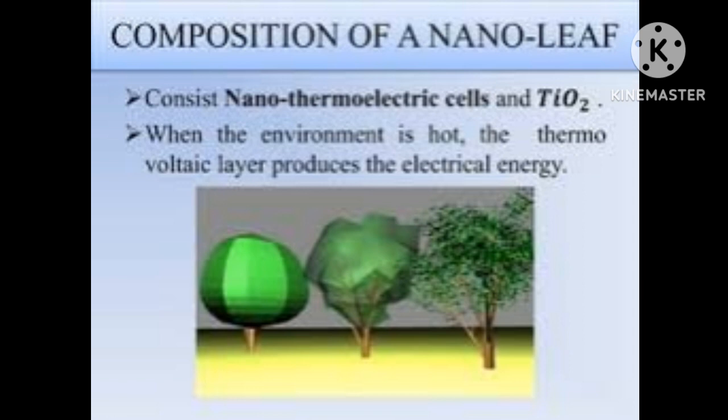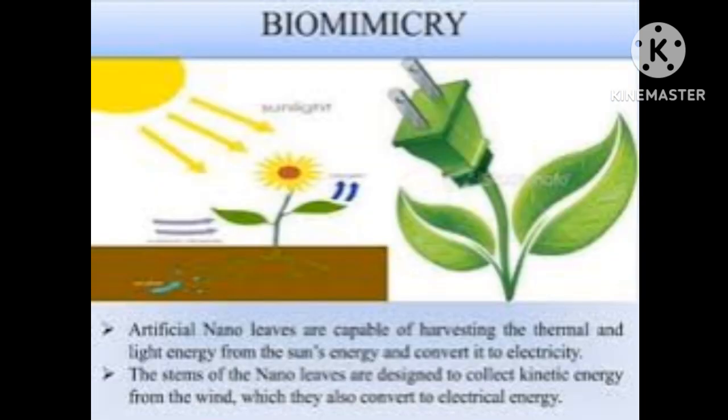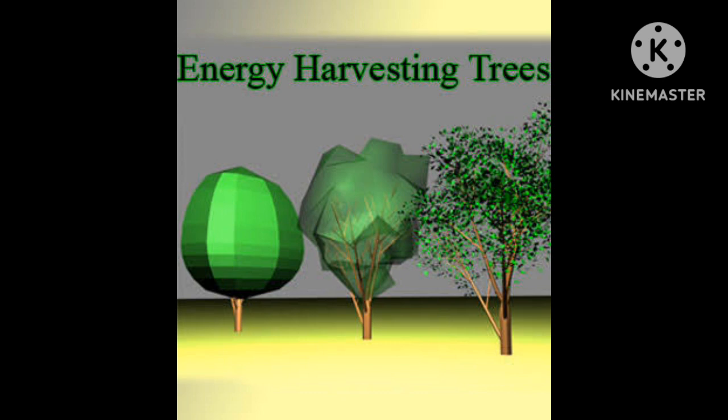Thermoelectric cells are related to heat; these nano thermoelectric cells convert the solar heat into electrical energy. The last one is wind: for wind energy to electrical energy we use nano piezoelectric generators that convert the wind energy into